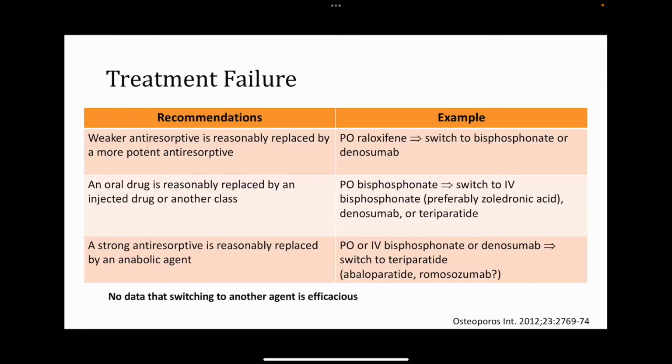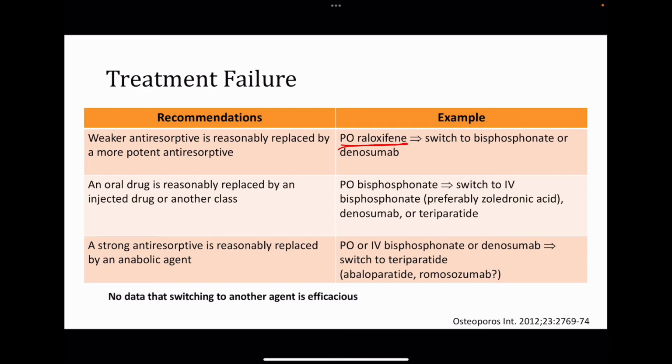Now, moving on to treatment failure. We don't have enough data to say which agent is the most efficacious. Clinically, we don't have that data. But we do have some recommendations. So if a patient is on a weaker anti-resorptive, maybe it's reasonable to change it to something that's more potent. For example, let's say they were on raloxifene, remember again for that specific population, then we might want to switch to